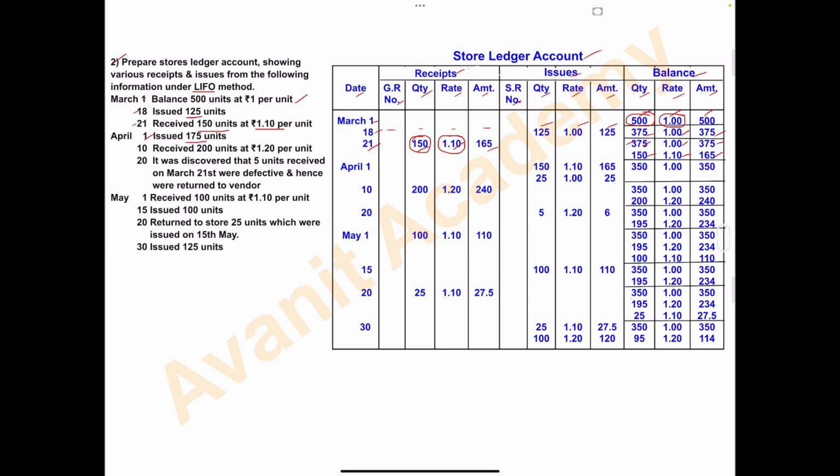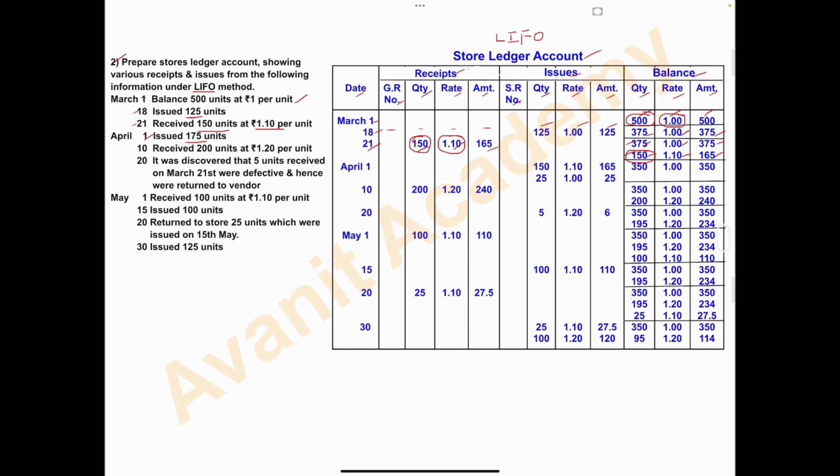We have 375 units and 150 units. So we are preparing the store ledger account under which method? LIFO method. In the LIFO method, what we have to do? We have to issue the quantity from the latest purchase, or from the last purchase. So in these two lots, the latest purchase is 150 units. So first we'll issue this 150